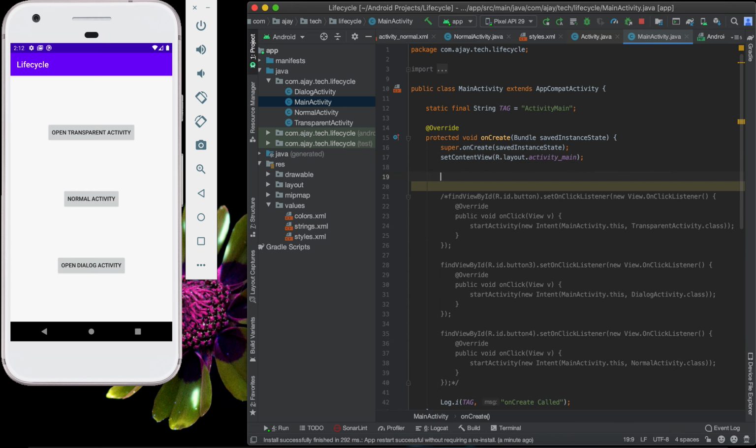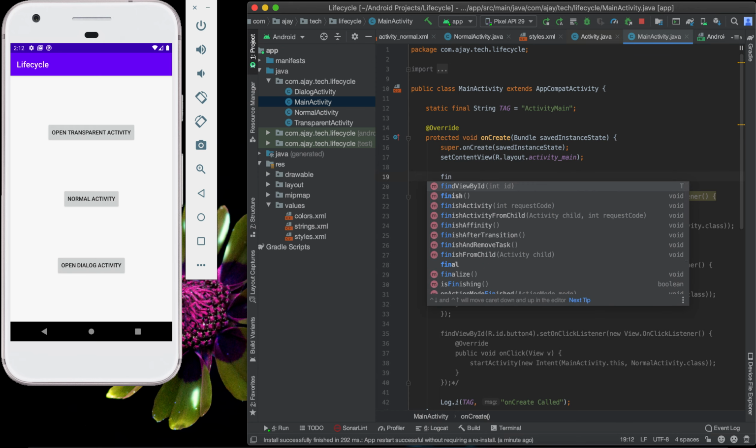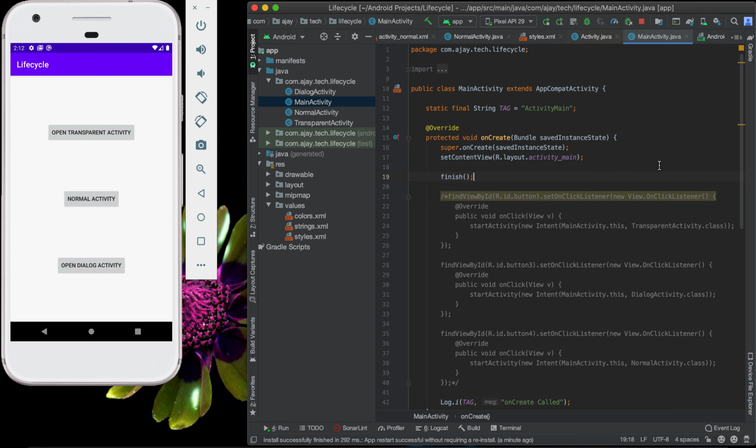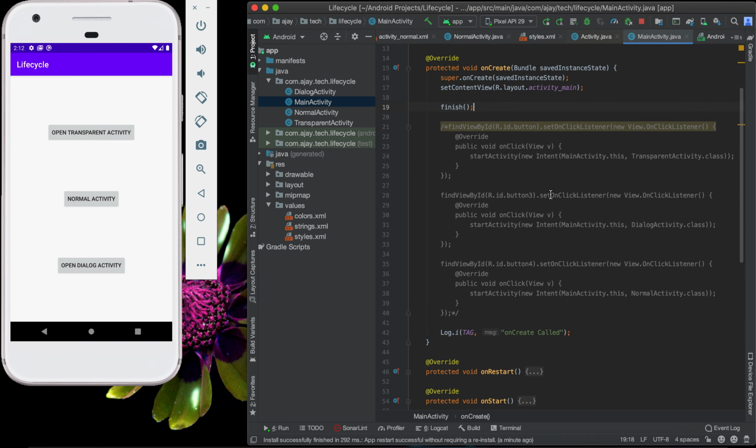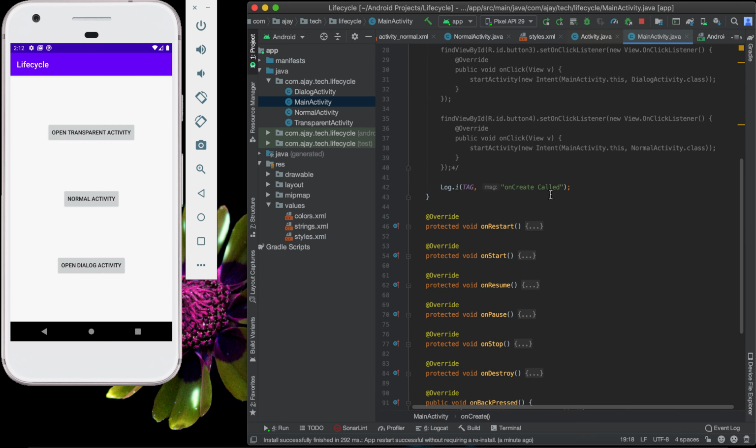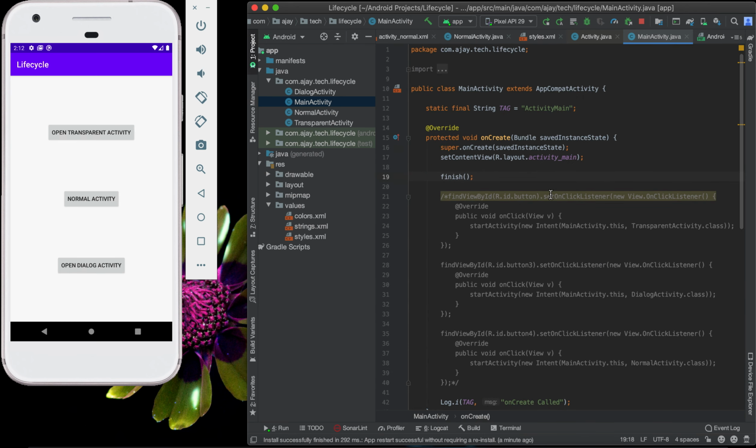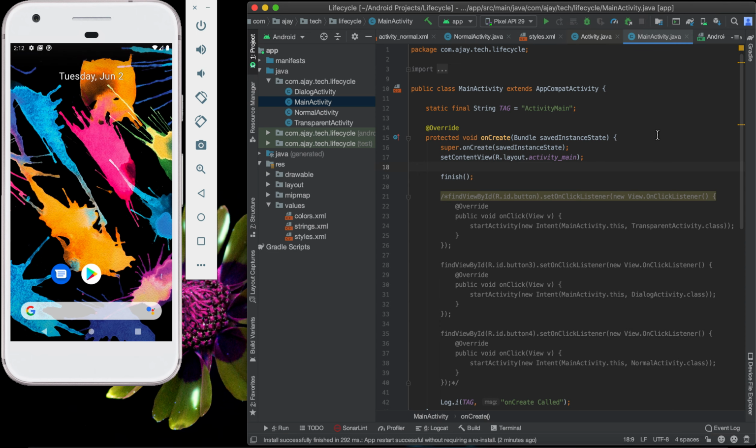What will be the life cycle of the activity when we directly execute the finish method in the onCreate method? So here, what will be the life cycle? Pause the video and guess what the life cycle will be. Okay, so now we start.